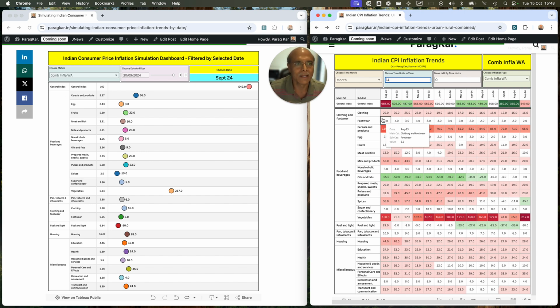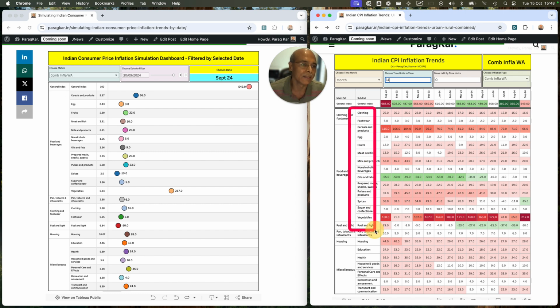So what I have done here, instead of talking about inflation, is I have chosen a metric called combined inflation weighted average. Now, what is this weighted average? The weighted average is this number that you see, which is the current number announced yesterday for combined inflation, which is 5.49%. So for my basis points, I have listed this number as 549. If you add up the numbers of the individual items that you see here, you will end up approximately reaching this number, 549.